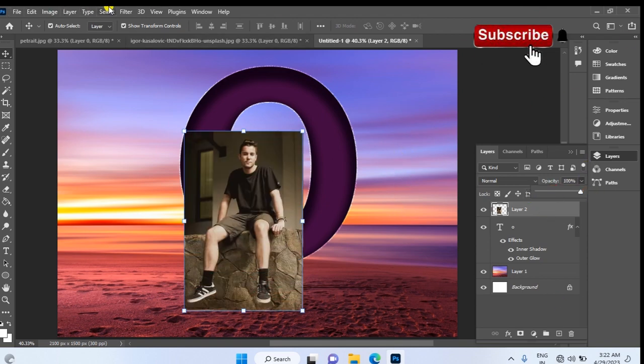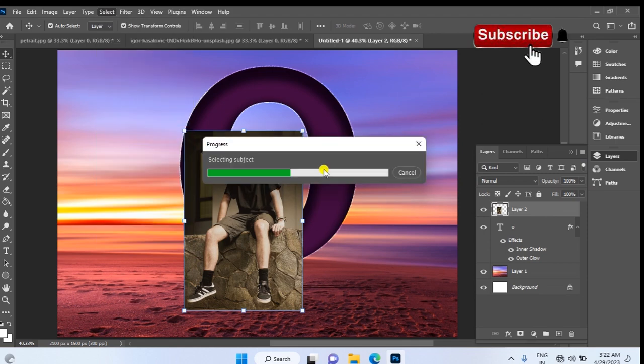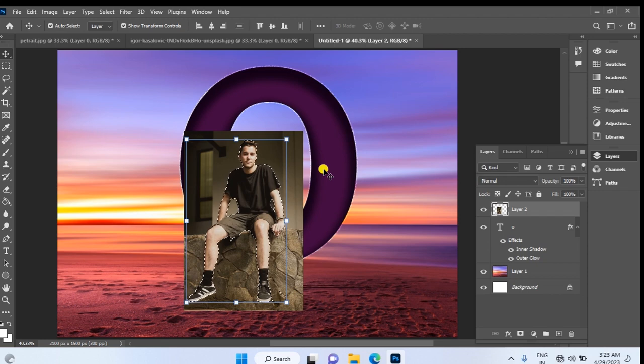and go to select option and select the subject option and select this picture and make a duplicate picture, Ctrl+J,